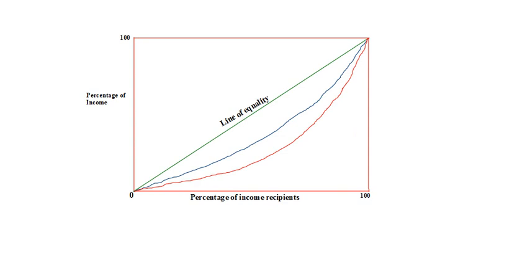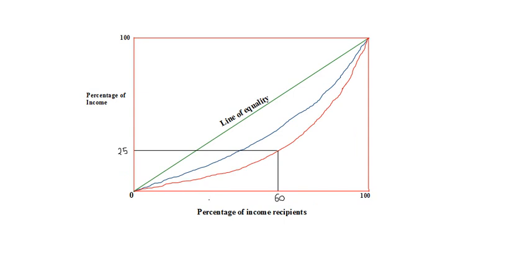So we have drawn one more Lorenz curve which is closer to line of equality. This blue colored Lorenz curve implies that in this country the income inequality is less. So let's do a quick check of how you can compare. You can see there are three Lorenz curves in this diagram. One depicted by green, which is the ideal situation of equal distribution of income. Then the second one depicted by blue, which is relatively less inequality situation, and the third one is depicted by red, which is showing high income inequality.